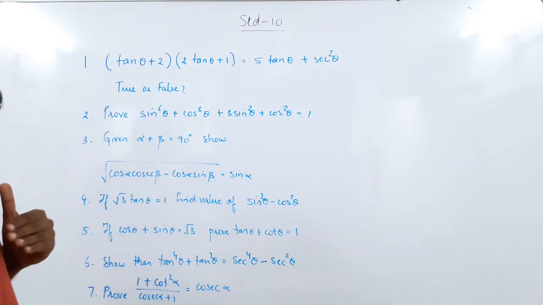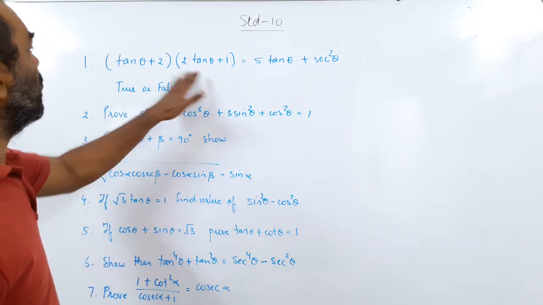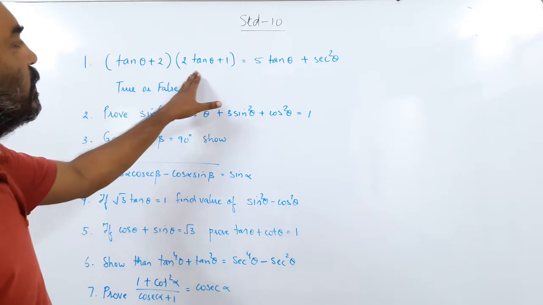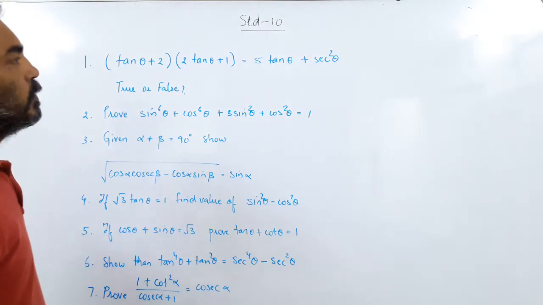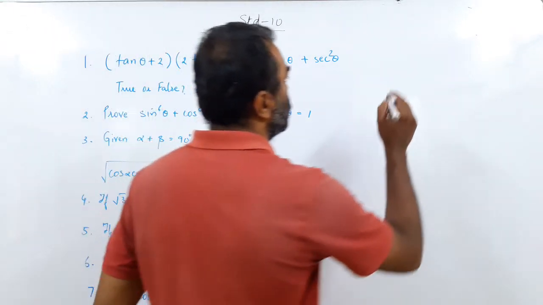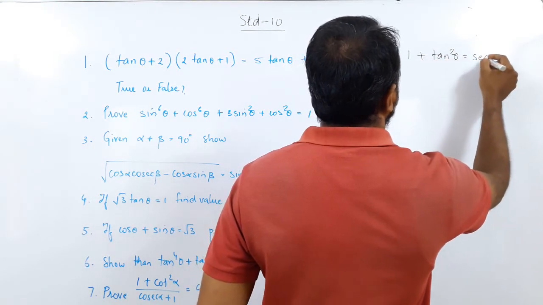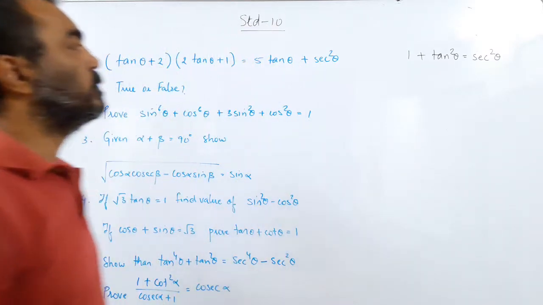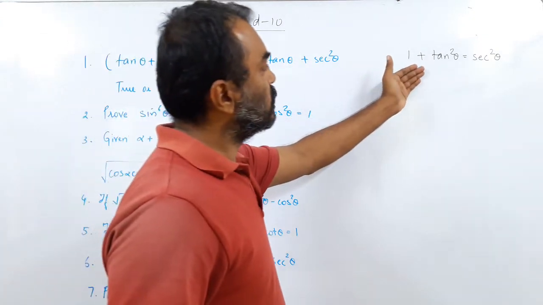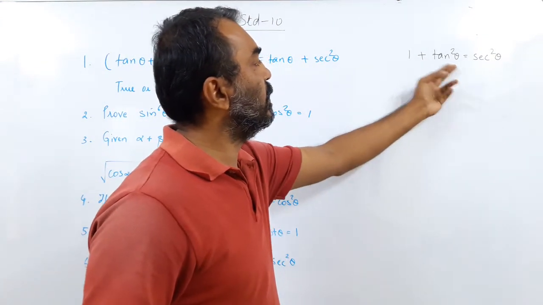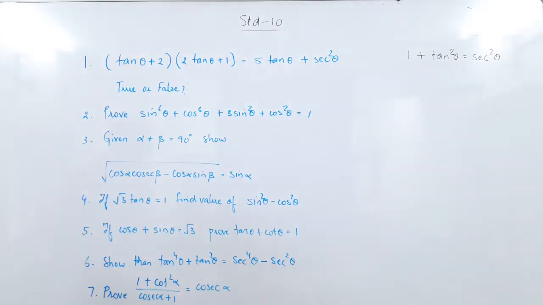Now I will tell you the logic behind my approach. Very important here is the logic. We have got tan theta here. You can see the bracket has only got tan theta. And here we have got tan theta and sec square theta. So what logic will I use? I know 1 plus tan square theta equal to sec square theta. So this is one formula that we already know. Since I have got a relation between tan and sec theta, I may not have to change this sum into sin and cos theta.